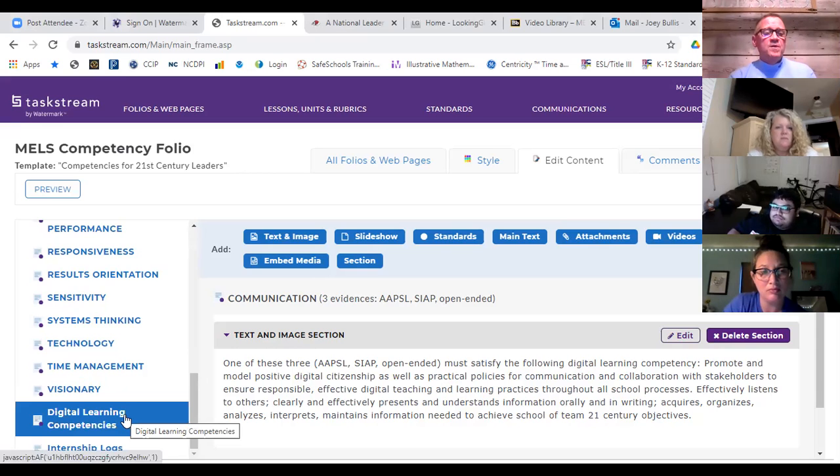Remember, you don't have to do anything with digital learning competencies. By default, you're satisfying digital learning competencies by showing the technology that we're requesting in the rubric. That's just for your information.